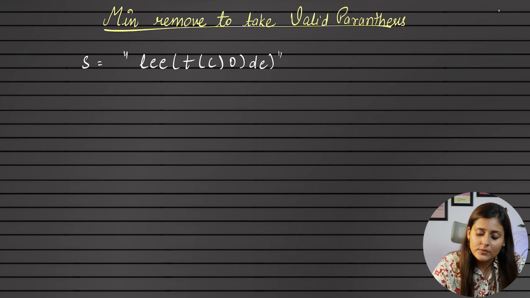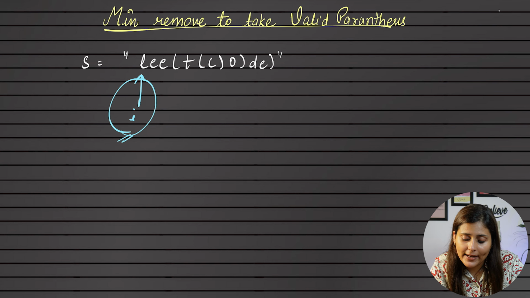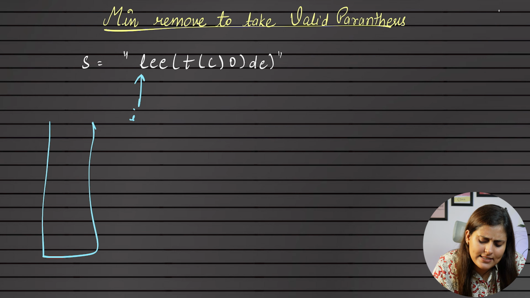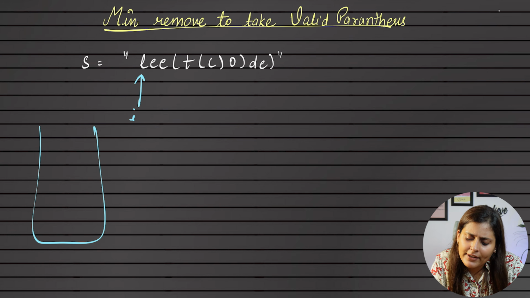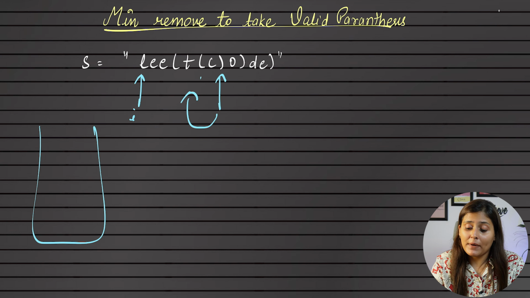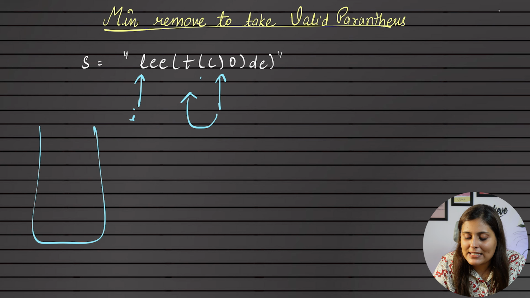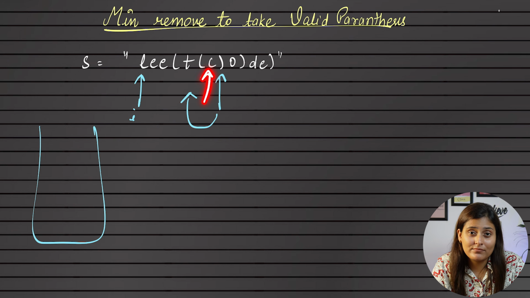What did we get? I'll start iterating from here. Let's say i, okay, and if this is a character, I won't do anything, and if this is an open bracket, I will save it somewhere. Let's say a stack. Why? Because again, when I find a closing bracket, now I have to go back and check. But obviously in this string, we already have characters also and brackets also. So it does not make sense to compare with characters, right?